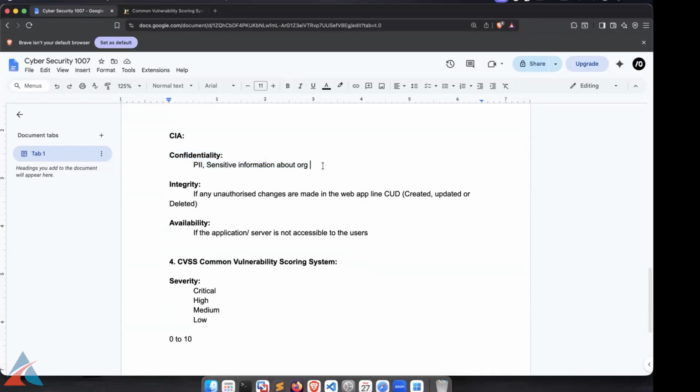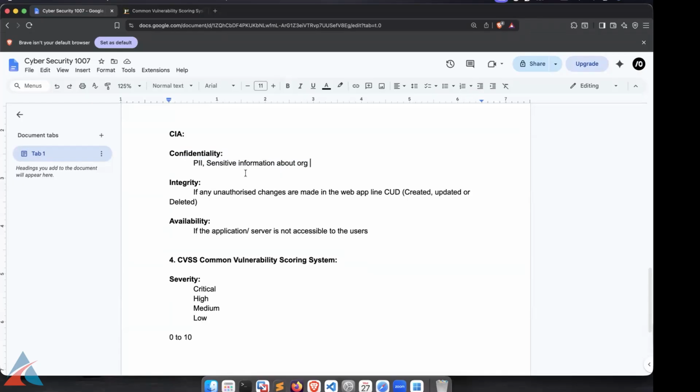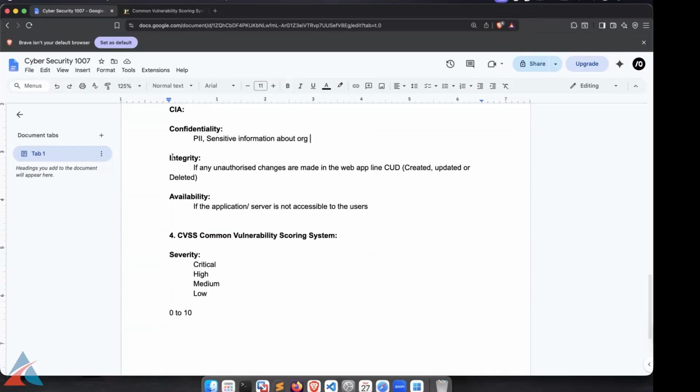Go ahead. No questions? Okay, so I'm assuming confidentiality is understood properly. Now let's go to integrity. Integrity is basically changing anything unauthorizedly. Let's say an unauthorized person comes and changes your password. That unauthorized operation he does is considered under integrity.